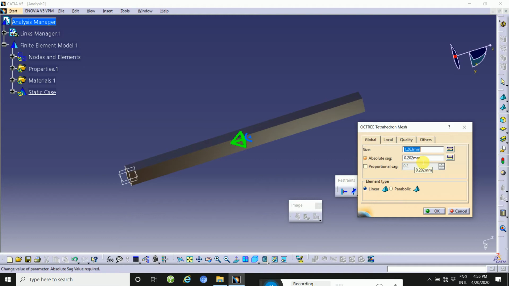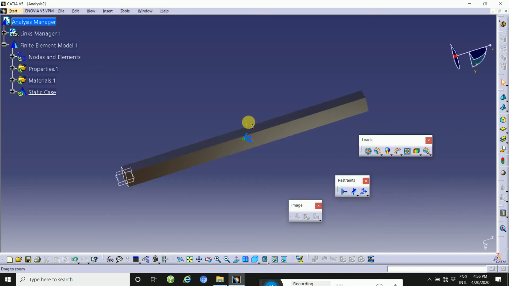Selecting a smaller size gives a more accurate value. So I will take the mesh size as 0.25. Then apply, OK, this is the mesh size.